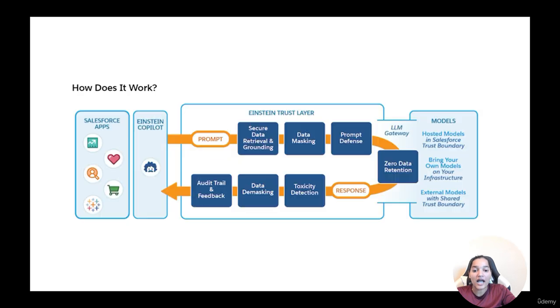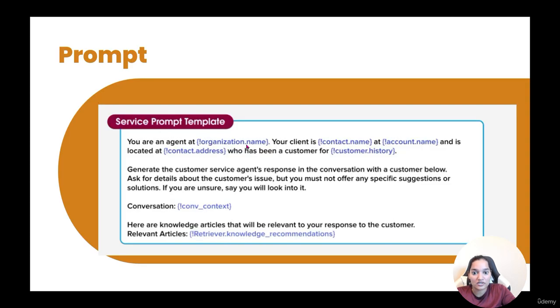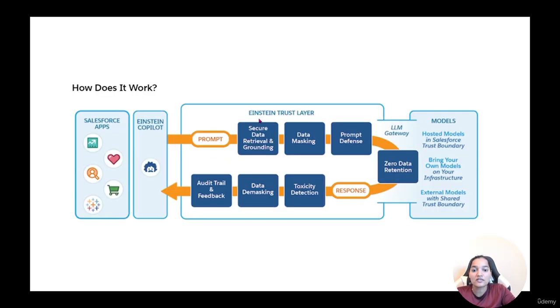So the first thing that happens is it goes through the first step of the Einstein Trust Layer in this prompt journey, which is secure data retrieval and grounding. In this step, it retrieves the data securely from your Salesforce objects. So it is going to fetch the organization's name, the contact name, the account name, the contact address, all this information. That is the first step in the Einstein Trust Layer, retrieving the data from Salesforce objects